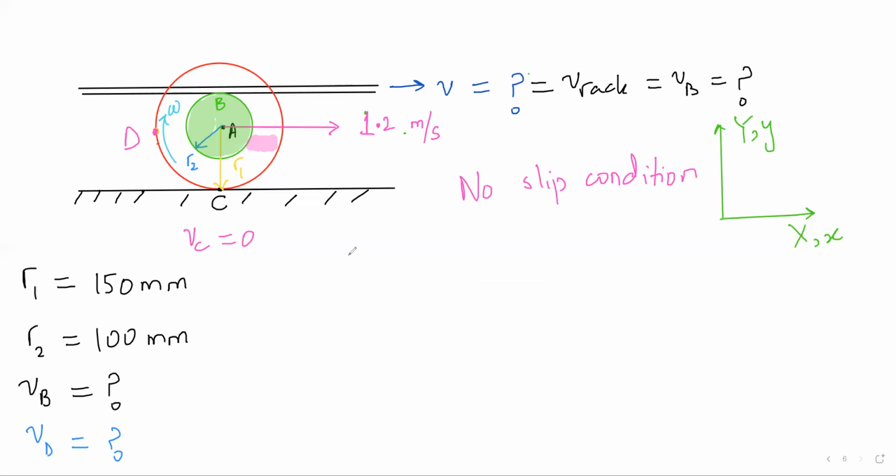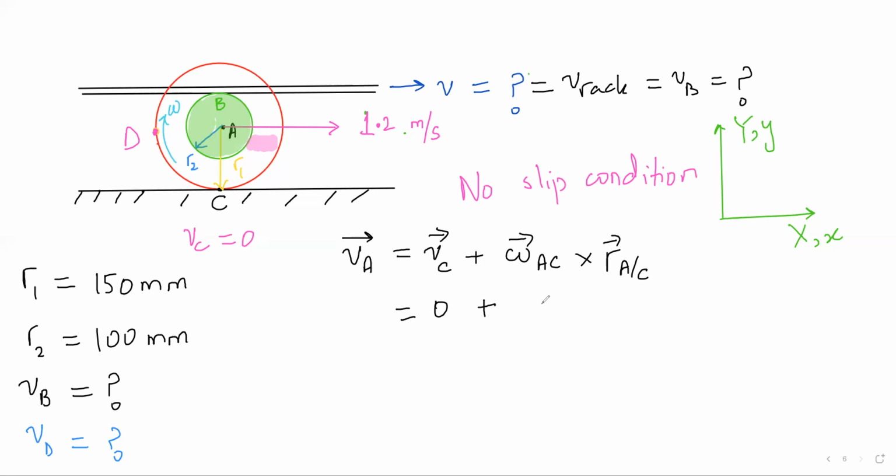So I will say VA equal to VC plus omega AC cross position of A with respect to C. Next terms, I'm not going to even bother about them. Okay, VC is 0 plus